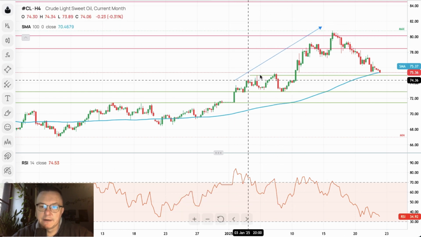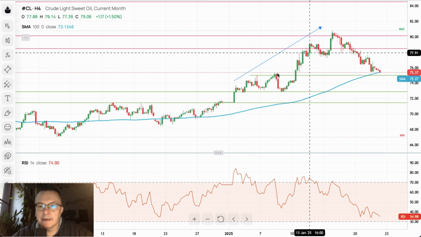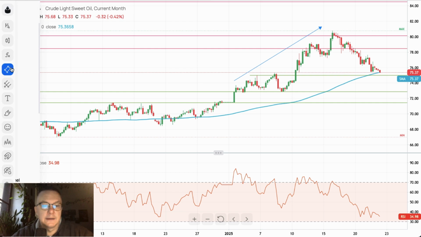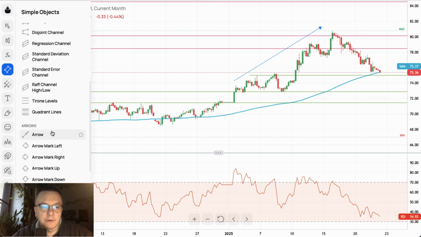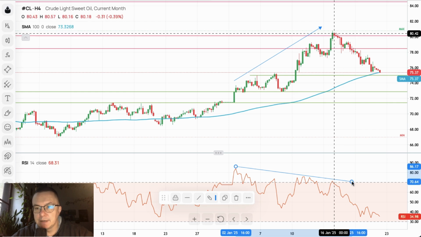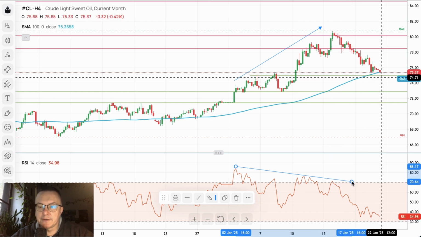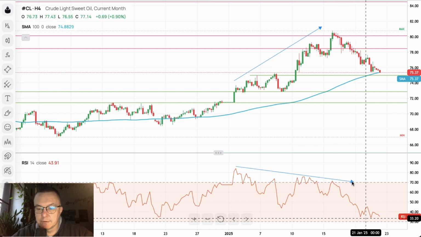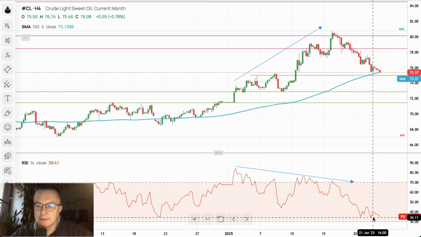Market has been moving higher, higher high, higher high, higher high, and this is the situation where the RSI is making a lower high. So perfect divergence. And finally, we have the divergence kicking in, with the market getting from extremely overbought conditions almost towards the level of 33